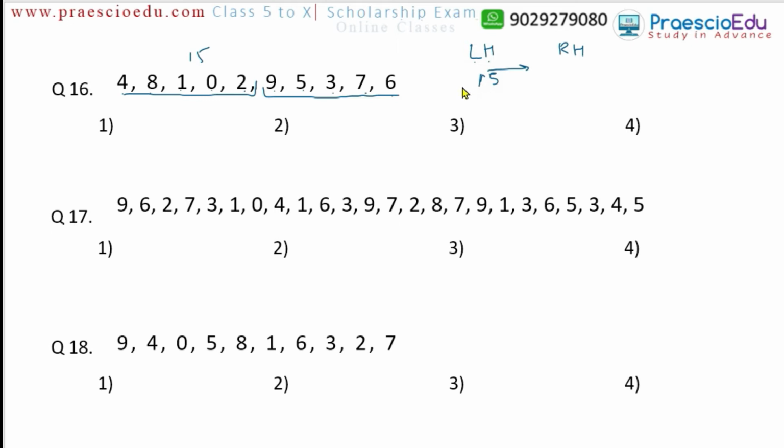Now the sum of the digits in the right half. So 9 plus 5, 14, plus 3, 7, 17. So 17 plus 7, this is 24, plus this 6, so this comes to 30. So here the 30. Now in the same sequence we have to calculate. So the left half is lesser than the right half by the 15. So lesser by the 15 is mentioned in option number 1. Okay, so in the same sequence we have to give the answers.